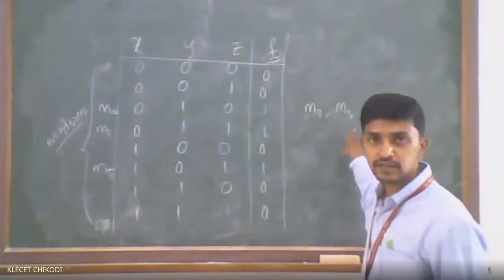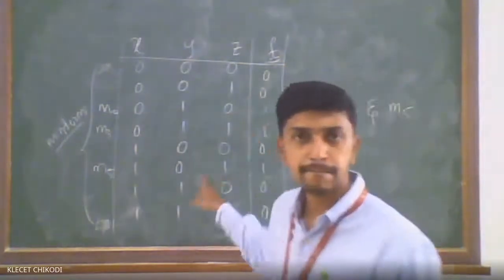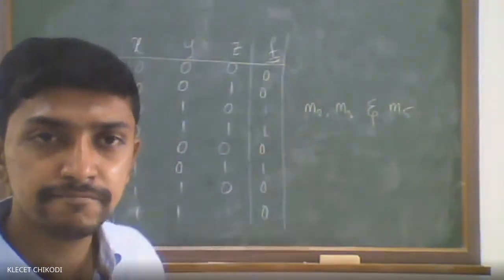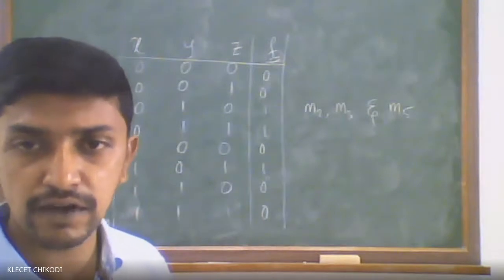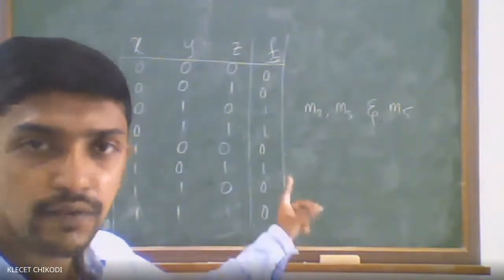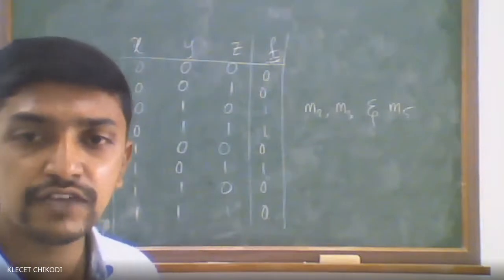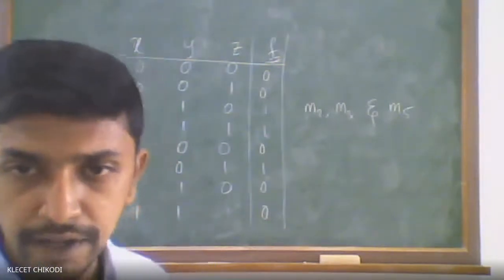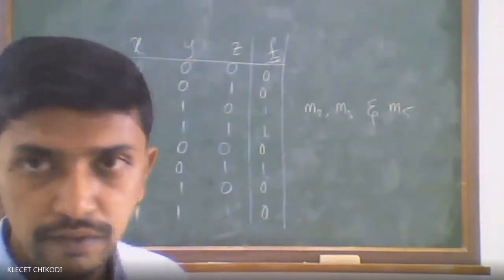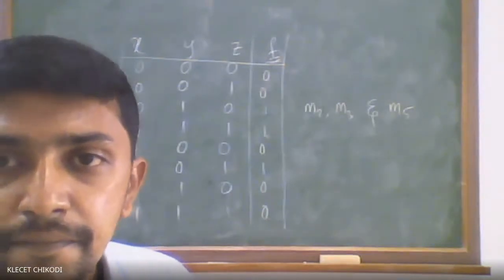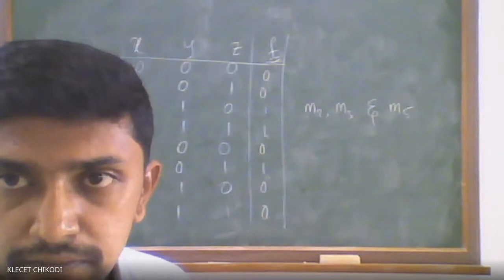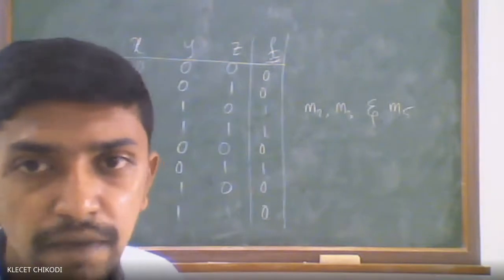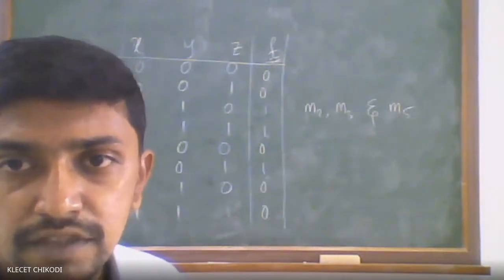from these min terms, can I write the Boolean expression? M2, M3 and M5 I have got. Fine. Can anybody tell me what is the Boolean expression I will get? F of x, y, z is equal to? Okay, somebody has written here, Apurva Nirvani. So it will be x bar y z bar plus x bar y z plus x y bar z.